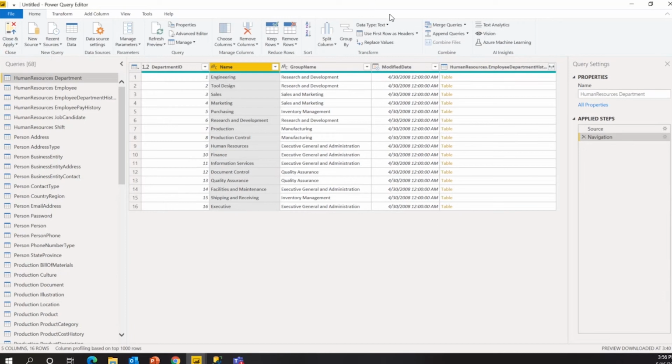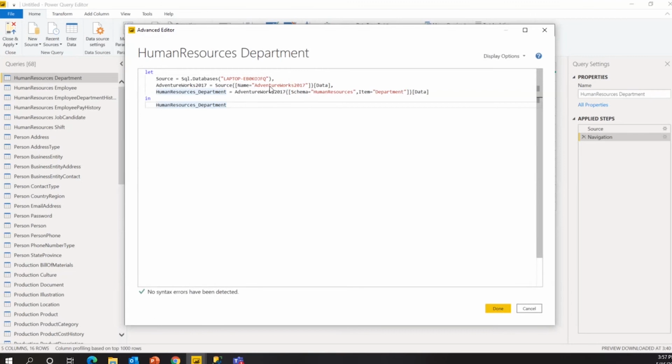Now there is something called advanced editor. It contains all the details: what was your source, and so on. Here it says human resource department, because we have selected that particular table and schema.